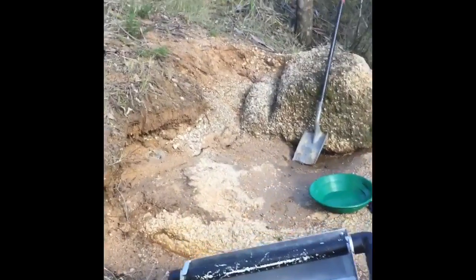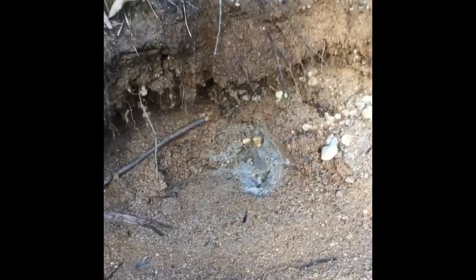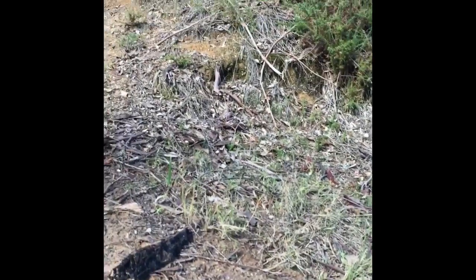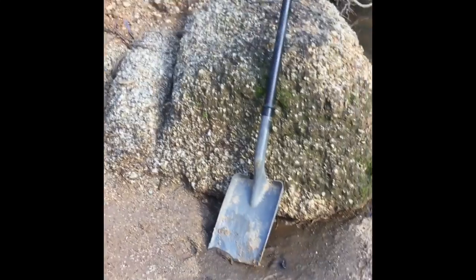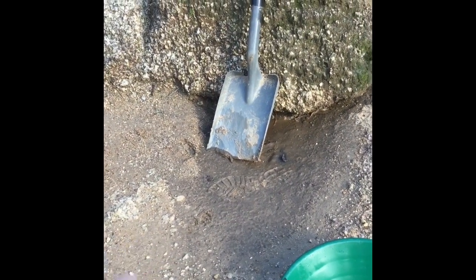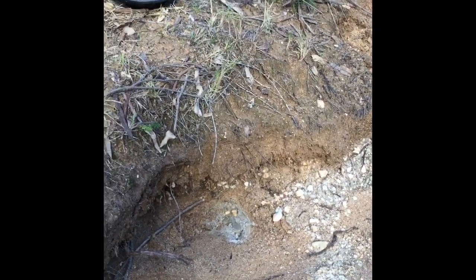getting into this stuff here on the slab of bedrock. As you can see here, I'll just slip around my high banker. This real grey sticky clay. All the water is running down here, all down there, and it's actually catching in a little low spot here where the point of the shovel is. So I'm going to get in here and give this a good scrub and chip away. There's some good looking gravels in there actually, mixed in with that grey clay,